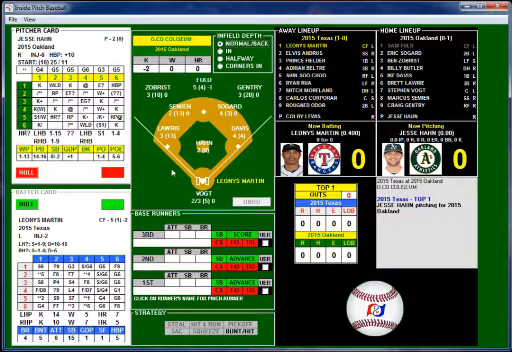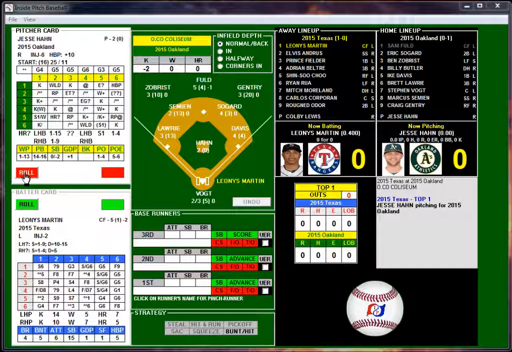So that's maybe why Oakland didn't quite have the season that they wanted in 2015. Again, this game being played April 7th, 2015. Right, so that's their defensive lineup. About average in range, and I would say definitely well below average in errors. So we'll see if that comes back to bite them.